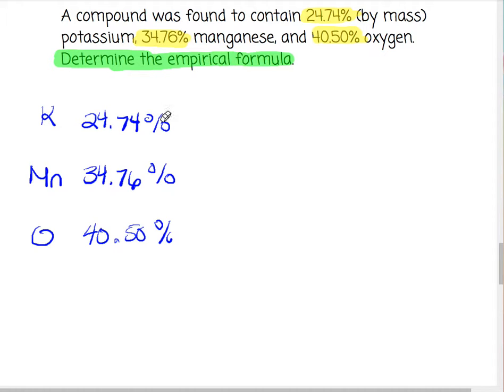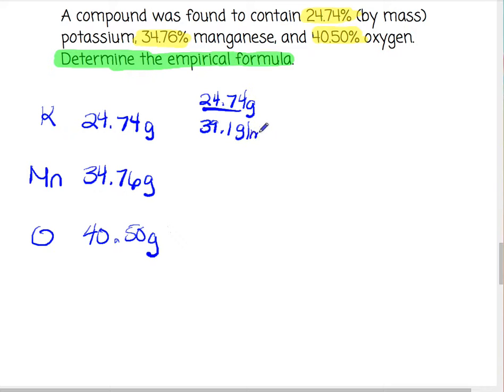Step 1, change percent to grams. So I'm going to take the percent signs off by erasing them, and I'm going to stick grams on there. That's step 1. Step 2, divide by the atomic mass for the element that we are talking about, which will give us moles. So we're going to take 24.74 grams. We're going to divide it by what potassium weighs, round it to the nearest tenth, which is 39.1